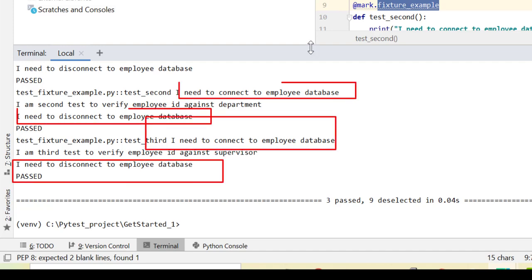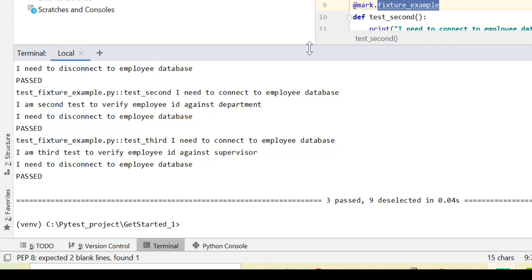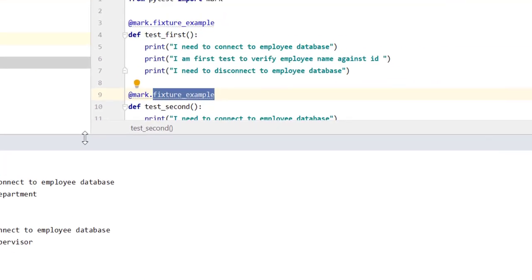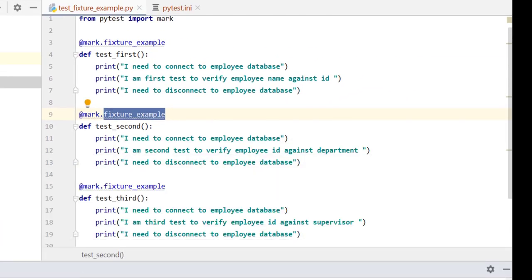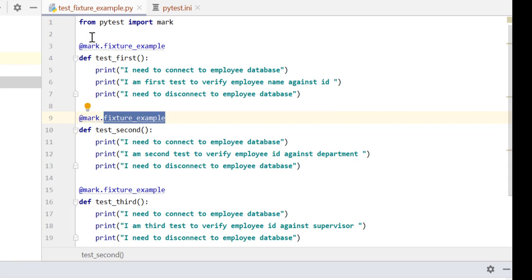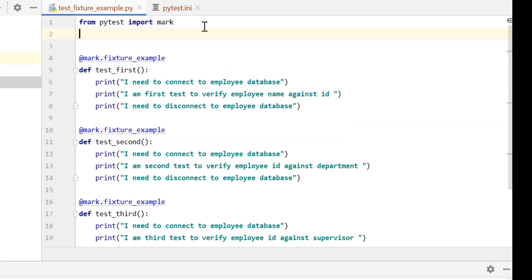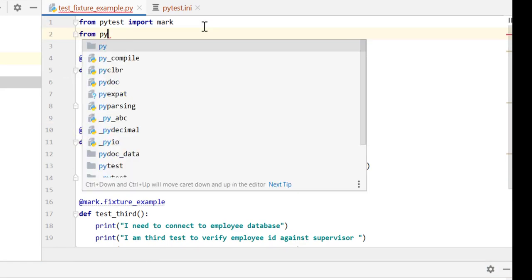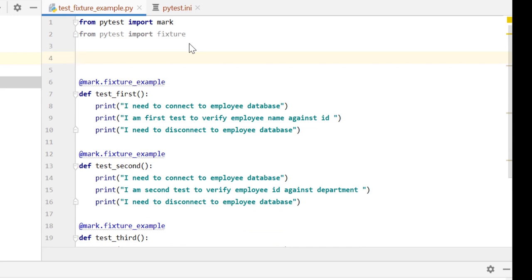Now we can clearly see there is repetition of code over here. We are doing the same activities for each test case, which is connecting to the employee database and disconnecting from it. So how can we improve our coding pattern? And here is the need for fixtures. To use fixtures, first we have to import fixture from PyTest, and we will write a function which we will describe as a fixture.